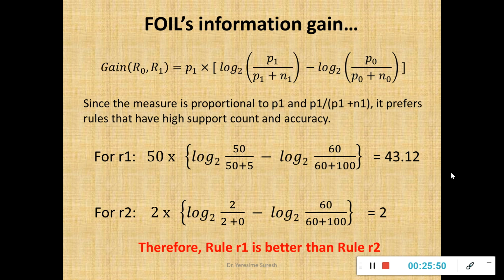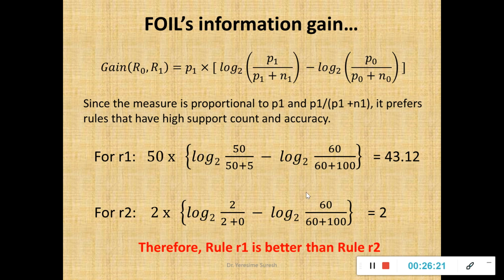That is why we went for other alternative forms such as your likelihood ratio statistic R square. Then we saw false information gain. Then we saw Laplace, the M estimate, and found that R1 is the best rule when compared to R2 for all these approaches, because it is not only considering the rule accuracy, it is also considering the coverage, whether it is covering positive examples or negative examples. Hence rule R1 is better than R2 in all these instances.